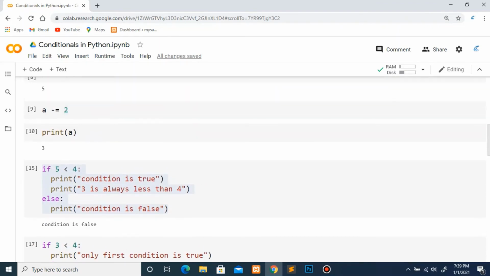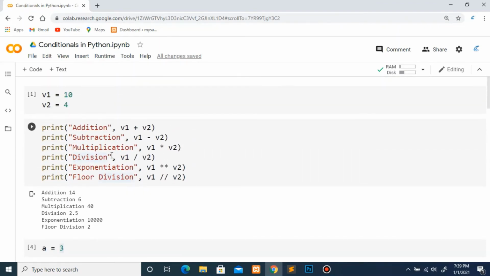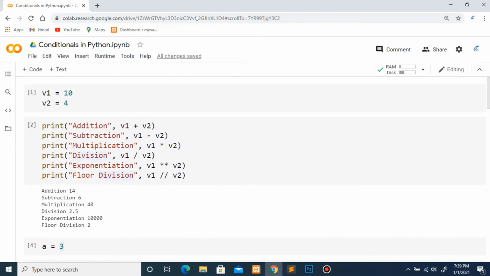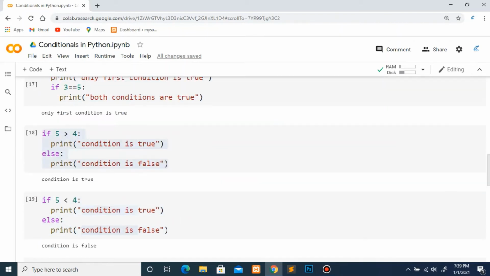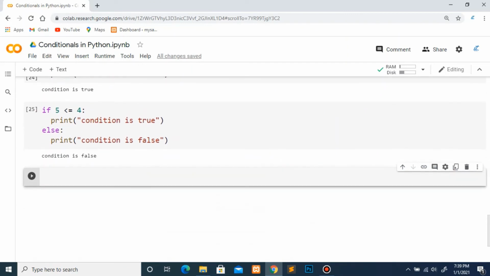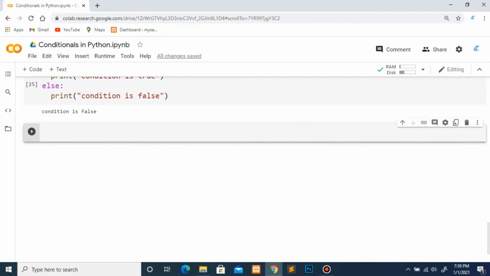So far we have implemented the arithmetic operators, and then all the relational operators. Now the last type of operator was logical operators. Whenever we have to implement multiple conditions, we use logical operators like and, or, not.